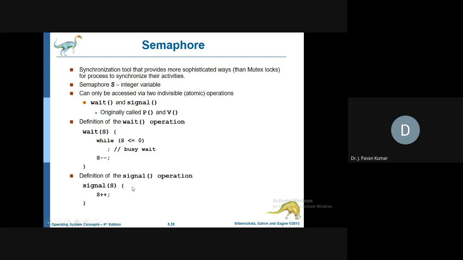While coming out of this, what will happen? The semaphore value we decremented, which is now 0, will be incremented. That is the signal operation. This is the usual process. As we have discussed, there will be 3 sections: entry section, critical section, exit section. The entry section will be the wait operation, the exit section will be the signal operation. In the critical section, we will modify the common data, the shared data item.